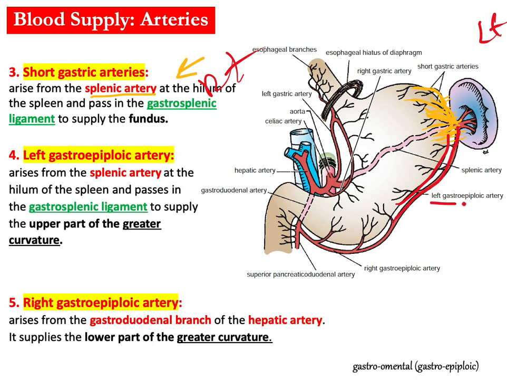gastroepiploic artery, but we also sometimes call it the left gastro-omental artery, which is similar to the epiploic foramen and omental foramen. Epiploic and omental are the same, right? You can read in textbooks left gastroepiploic and also left gastro-omental artery. Okay, if this is the left gastroepiploic artery, which comes from the celiac, what about the rest of the greater curvature? Yes, it's supplied by the same name, but right gastroepiploic, not left, the right gastroepiploic artery, but it's a branch of